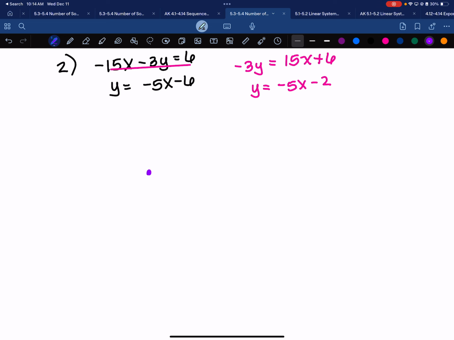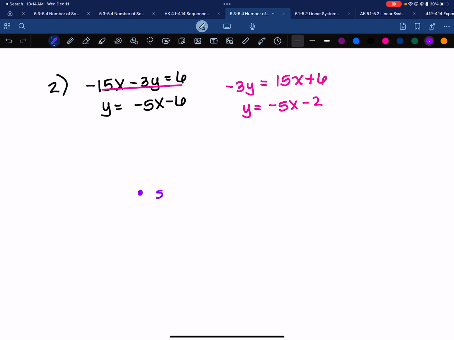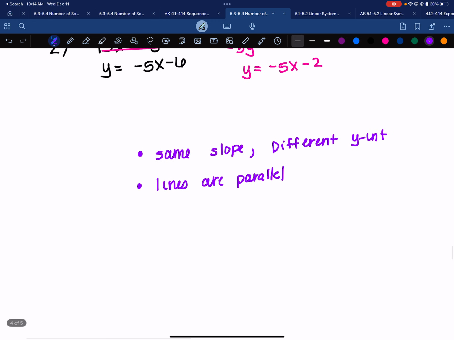Tell me something about it. Yeah, same slope. What else? So the lines are parallel. We do need to reference the y-intercept here. Does that make sense? So the same slope and different y-intercept, that's what makes them parallel. So then the system has